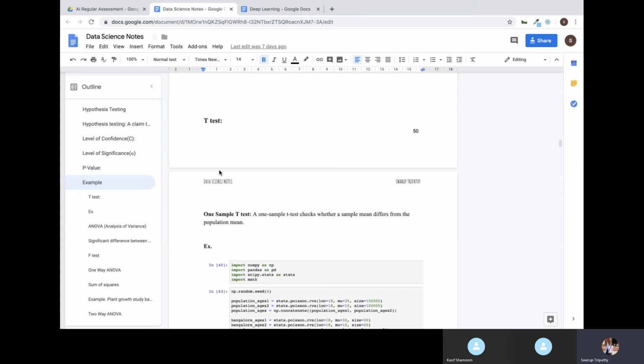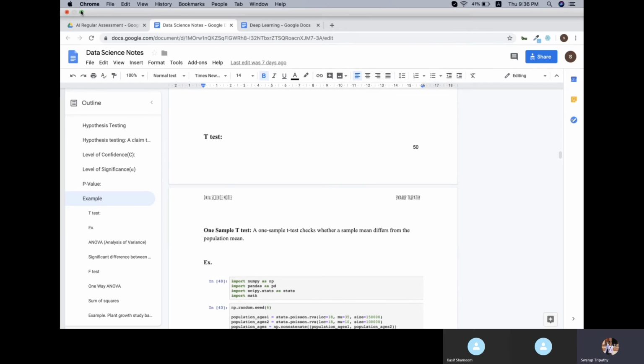This is also a hypothesis test, where we can test the significance of one value over the other. The test is called the student t-test because the person who designed the test, when he was writing it, used the pen name Student. That's where he named it student t-test. There is no significant meaning behind it, but it's called the student t-test or t-test. So here we are going to see this hypothesis test, called the t-test.